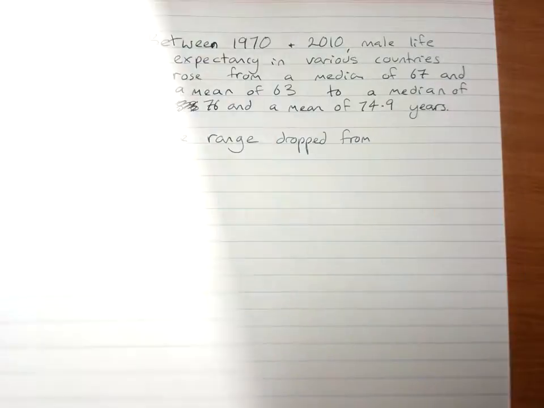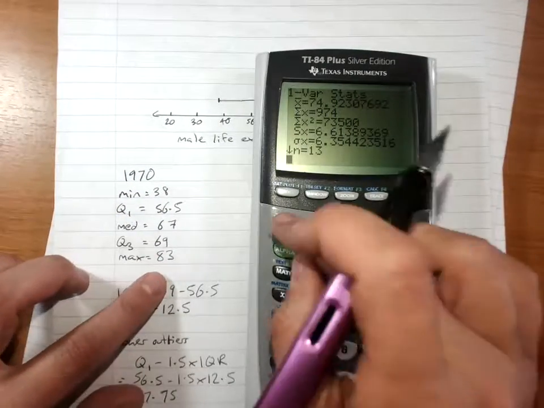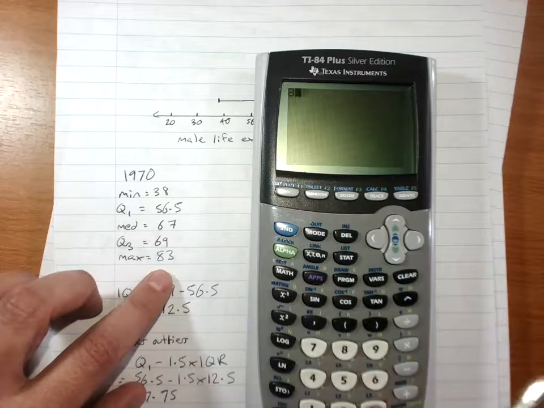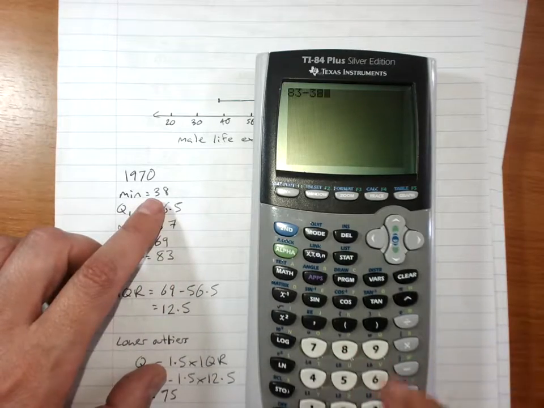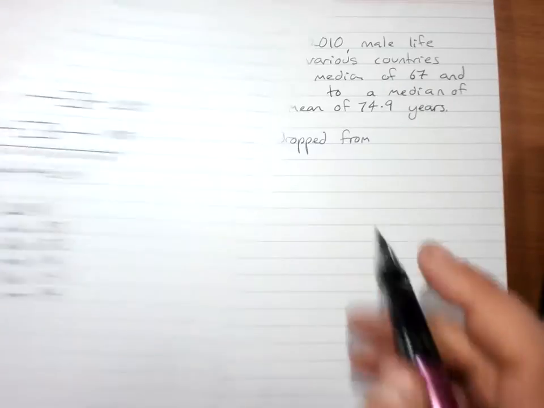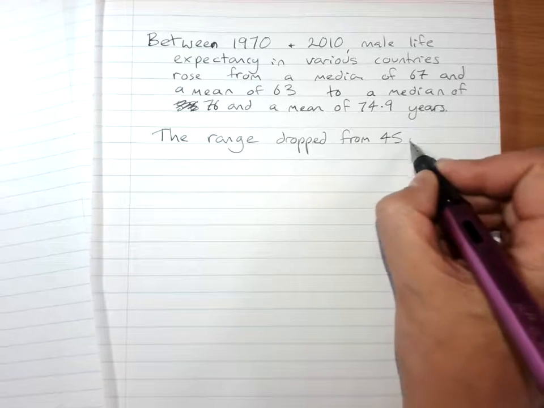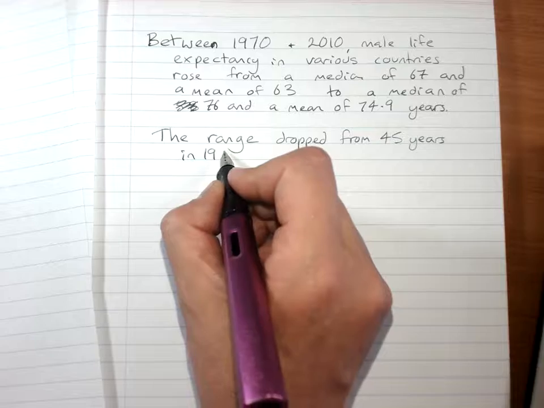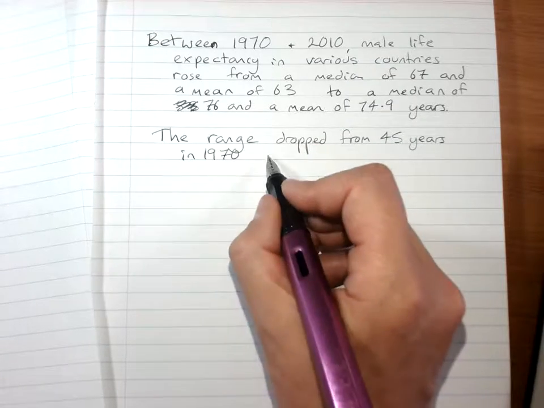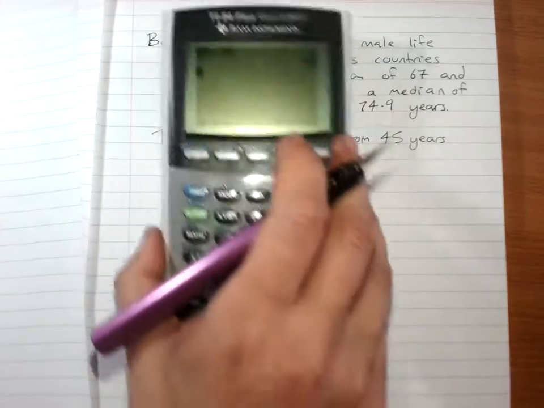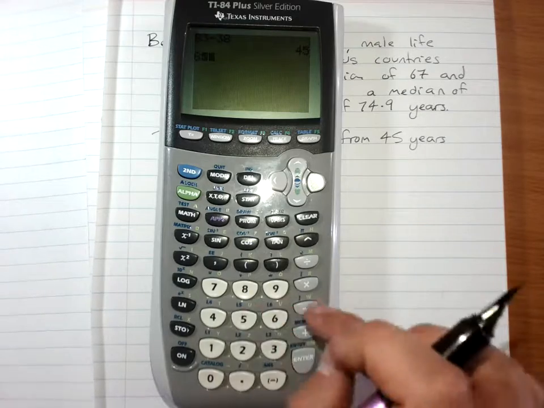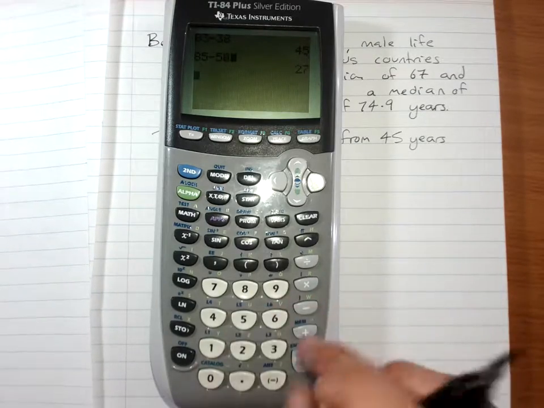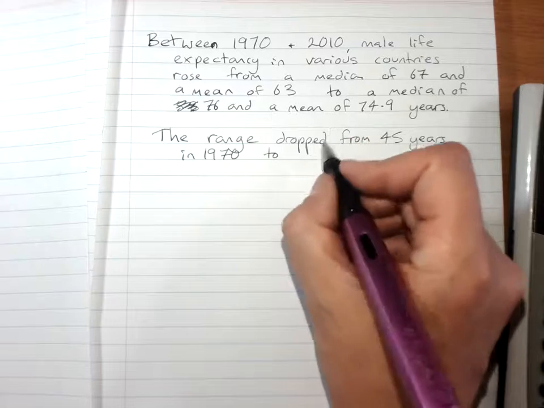So 1970, I've got 83 minus 38, so it's a range of 45 years in 1970 to, then I've got 85 minus 58, 27 years